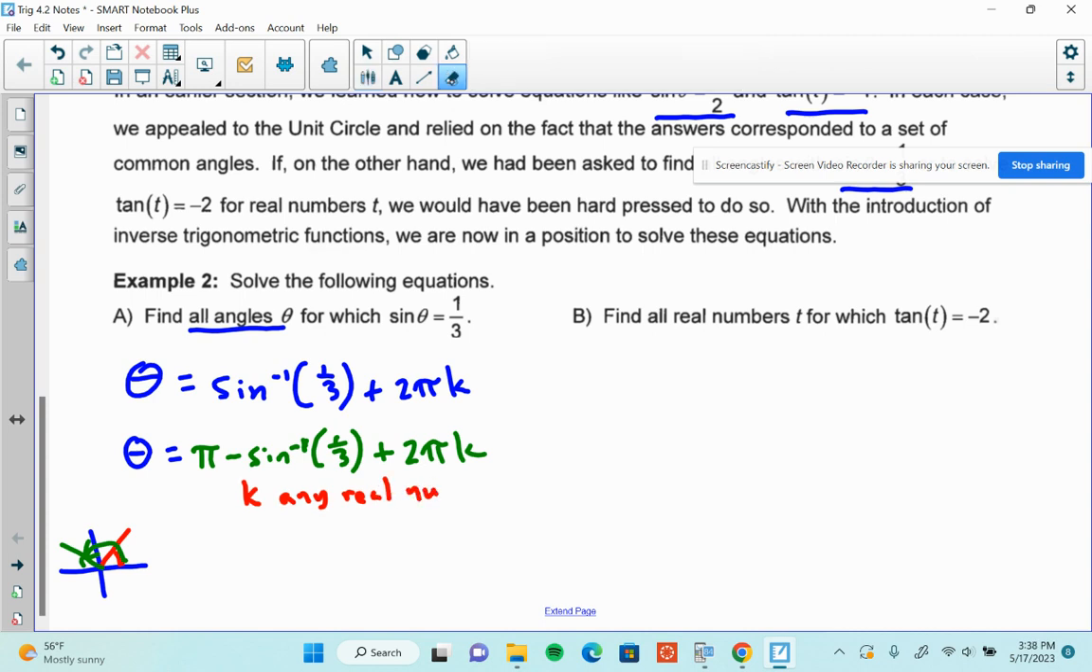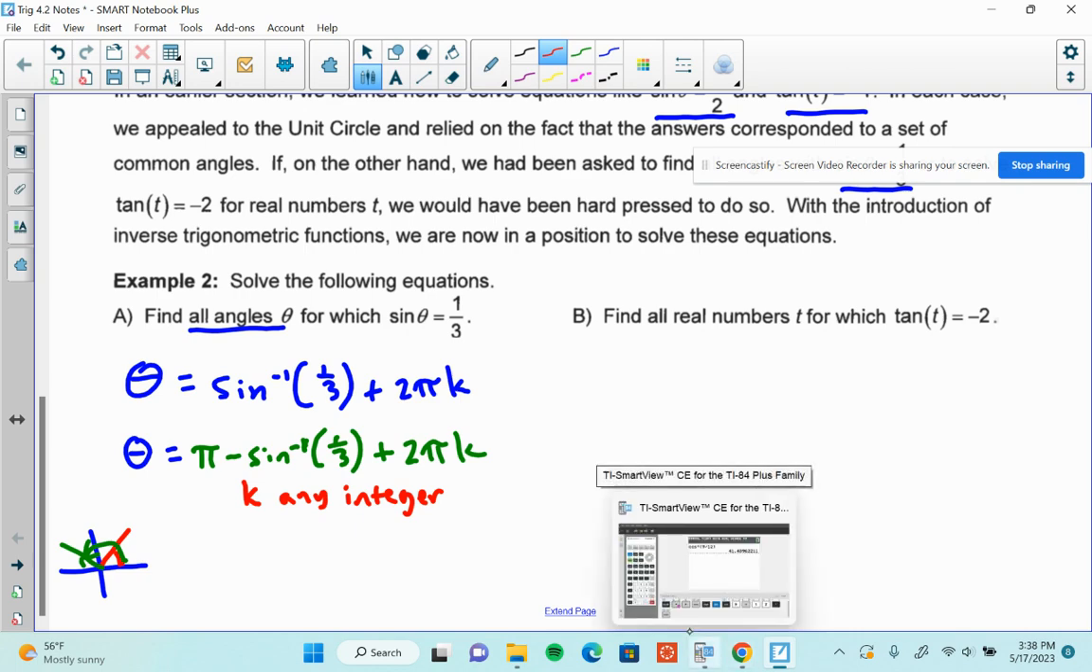Not k any real number. K is any integer, positive or negative. And we've worked with these kinds of things in the past. Now, if you needed a decimal answer for these, you could grab your calculator and you could do, let's say